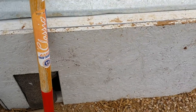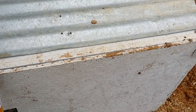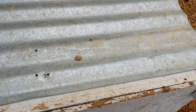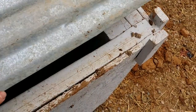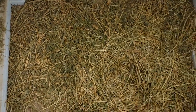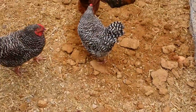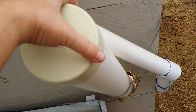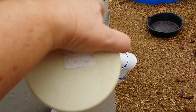And Sue rebuilt the doghouse, and she made it into a laying hen thing. So what she did was she put hay in here, and this is where they lay eggs. Sometimes we find eggs in there. And then over here, she built this feeding tube. And if you take off the lid here,